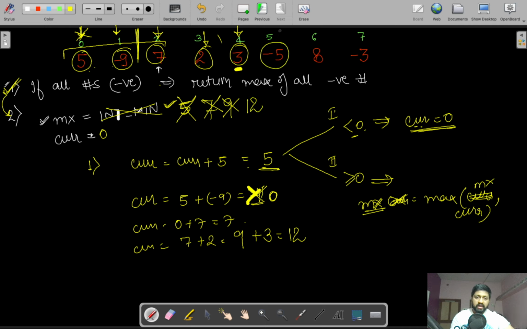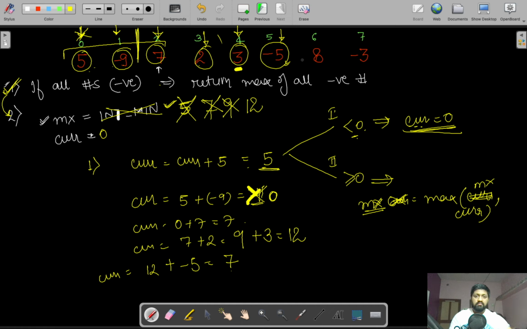After that, we increment i, and we reach the 5th location, which contains the value -5. So our current will be updated with 12 plus -5, that is 7. But this is not less than 0, so we are not initializing our current to 0. Keep this in mind: current is initialized to 0 only when the current value reaches less than 0. So current is now 7.